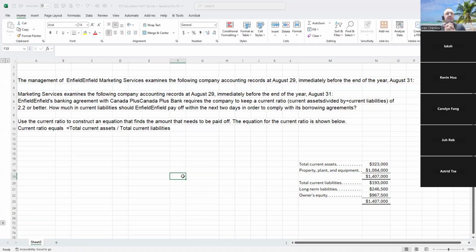Okay, this question. The management of this company examined the following company accounting records at some date immediately before the year end. The company's bank agreement with Canada Plus Bank requires the company to keep a current ratio, which is current assets divided by current liabilities, of 2.2 or better. How much of the current liabilities should this company pay within the next 2 days in order to comply with